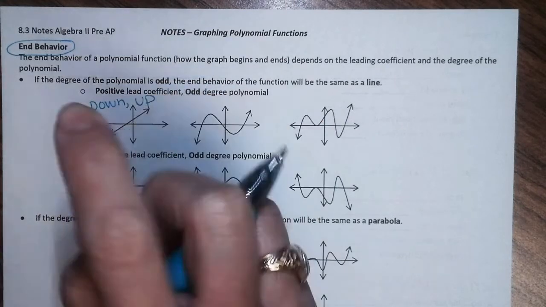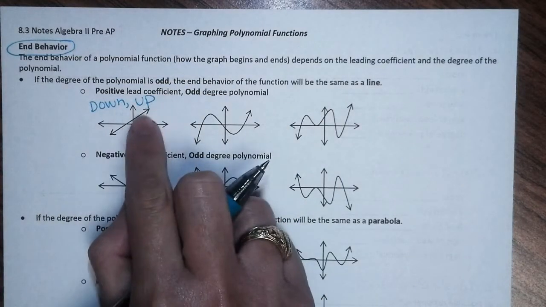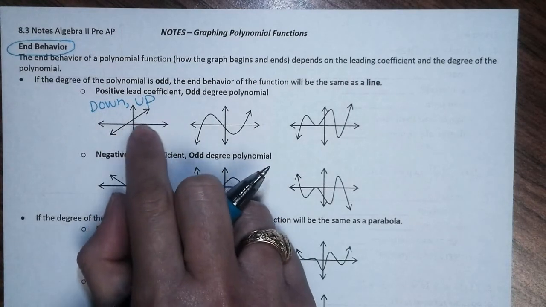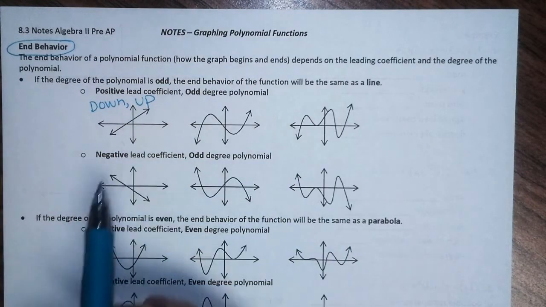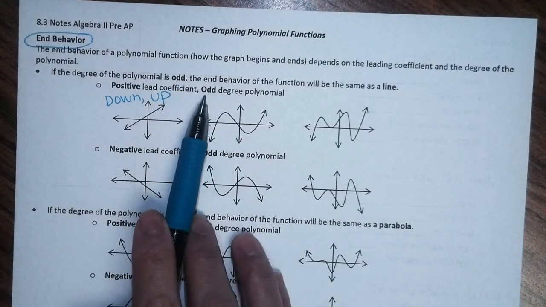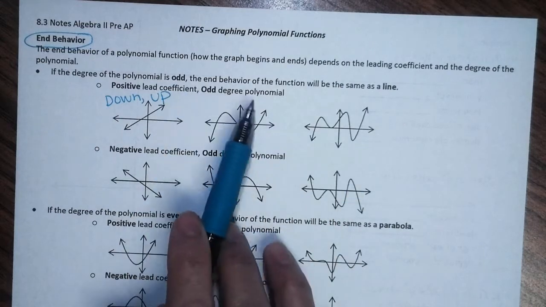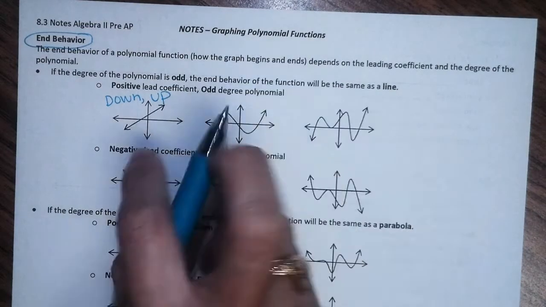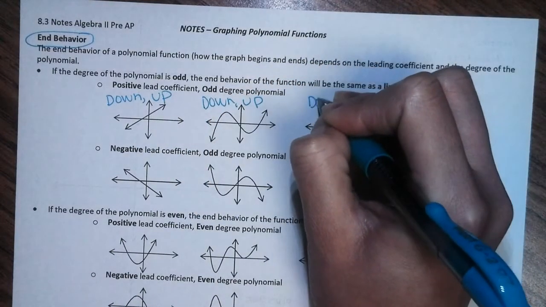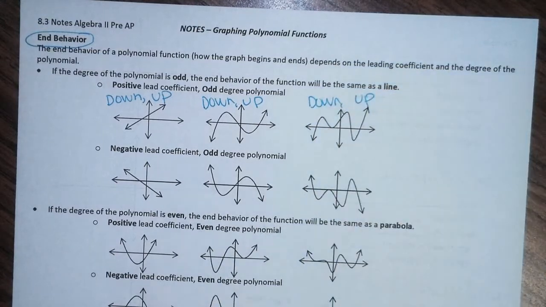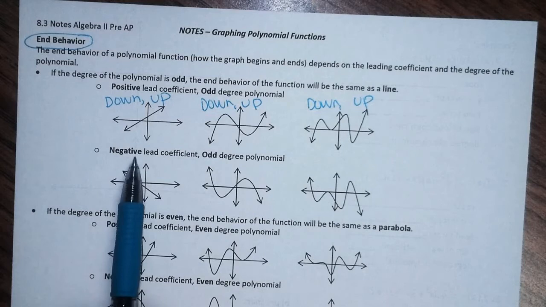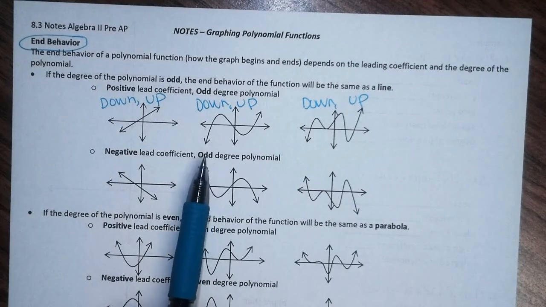So for example, here's a line that has a positive slope. So that polynomial has a positive coefficient with an odd degree. So all of these have positive coefficients with odd degrees because they're all what's called down-up. Down-up. Okay, next, when the polynomial has a negative coefficient, but still has an odd degree, so an